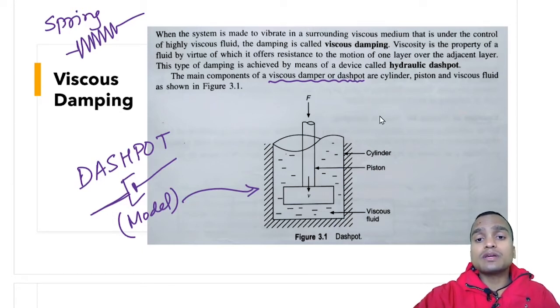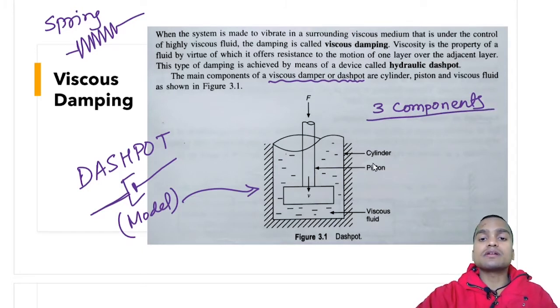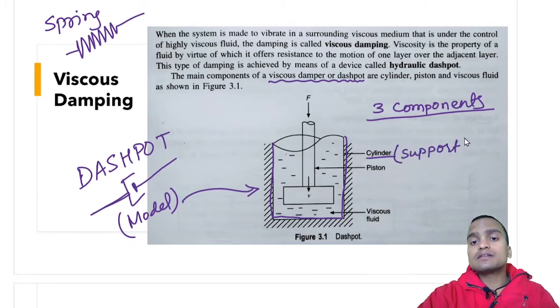So there are basically 3 components. And what are those 3 components in viscous damping? The first one is a container, and that container is a cylindrical container. Here, the cylindrical container, you are seeing this is a cylinder. In this container there is a device. Now this cylindrical container is fixed or attached to some support. In this cylinder we have also filled a fluid of very high viscosity. So this fluid here is very viscous.